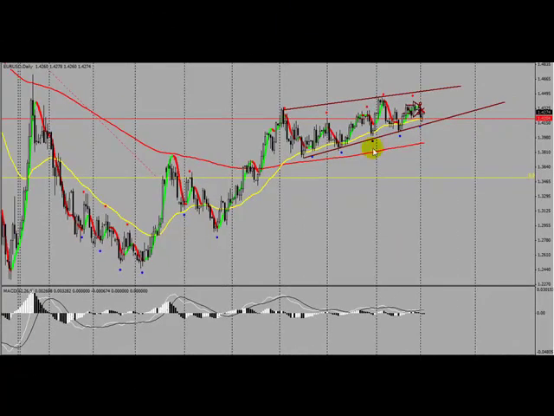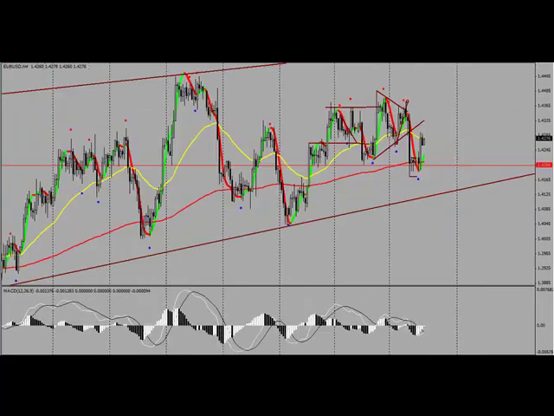Euro dollar for the upcoming September 3rd session. Again, on the daily chart, everything's just really caught right here in the middle of this inclining channel. And if we get down here to a 4-hour chart, again, it's just a couple big candles up and down, but no real follow through, especially on that really big one to the downside. That was a bit surprising, to be honest with you.